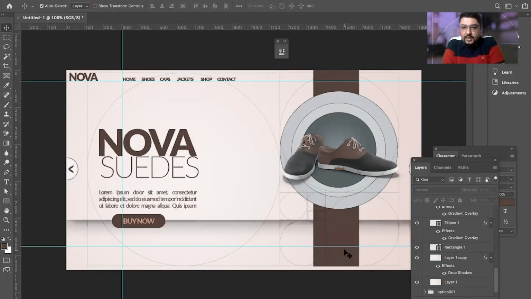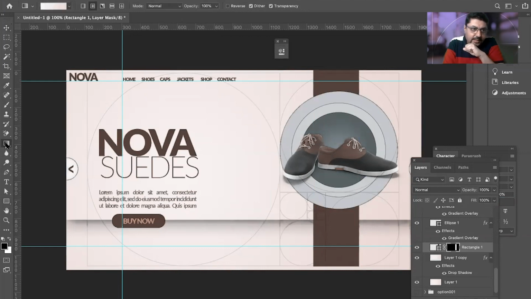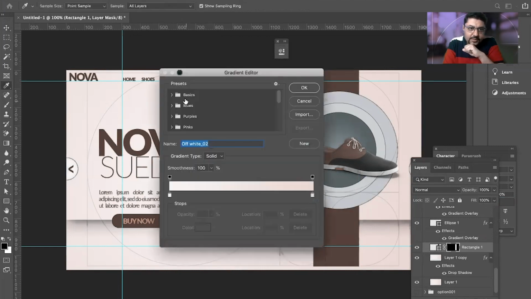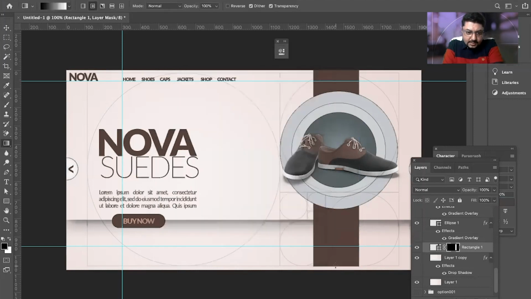Okay, and at the same time what I will do, I will put a mask and drag a mask. I'll select the basic mask, drag a mask from here to here. Oops, sorry, this should not be the circular, this should be the,